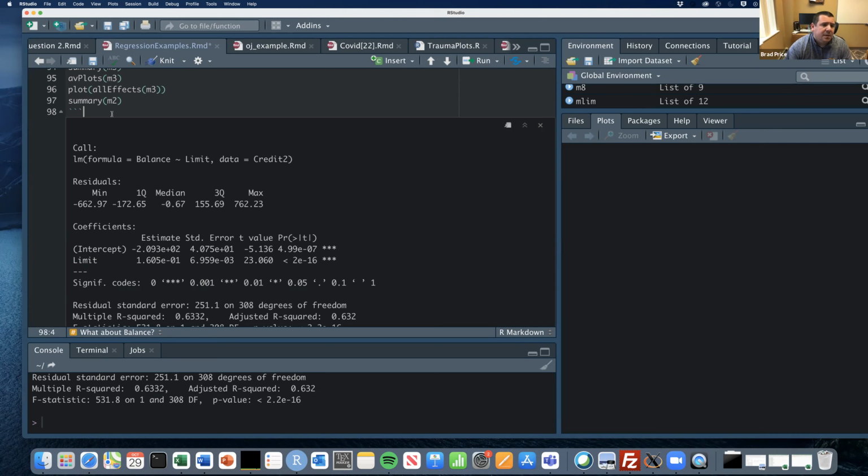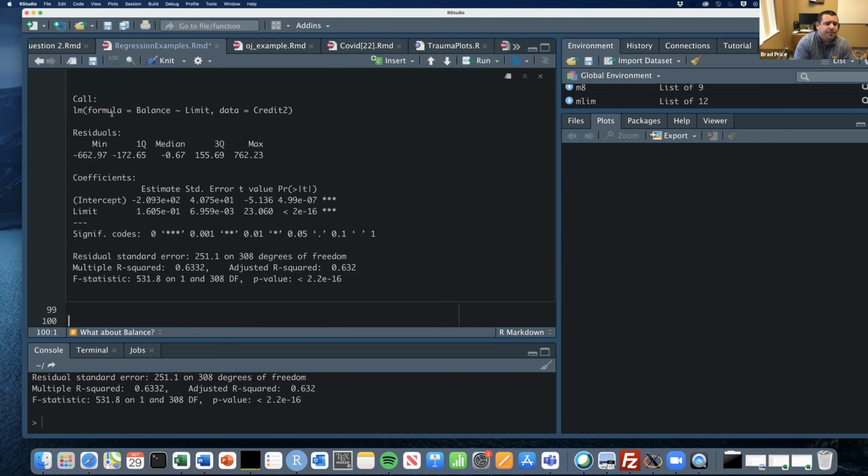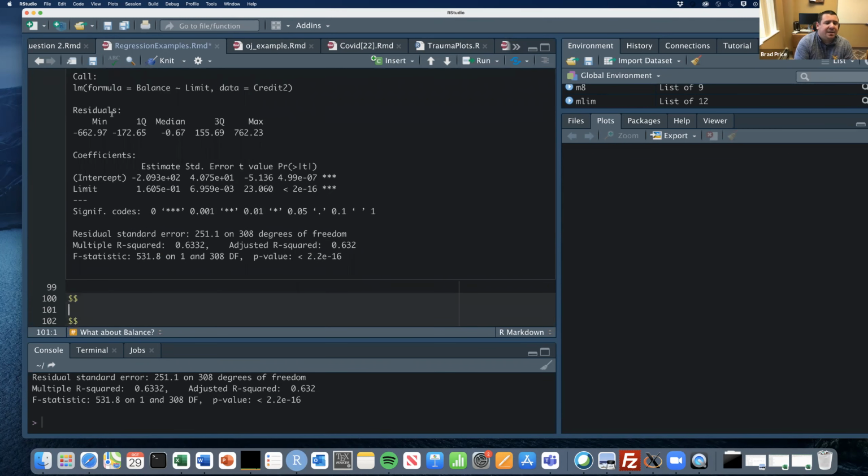It means, let me write this out for you. We're saying your balance is equal to negative 2.093 times 10 squared, which means 100, which means we move it to here. So your balance is negative 209.3 plus